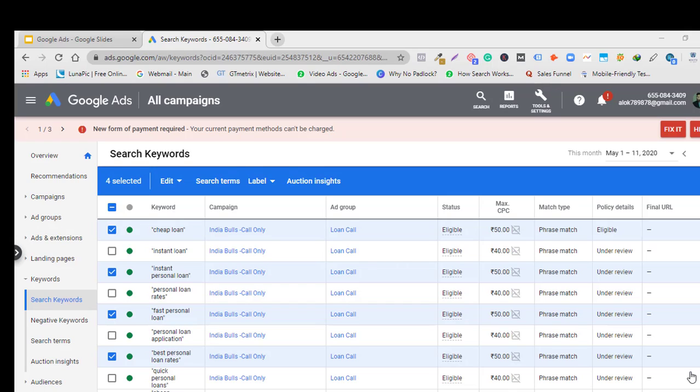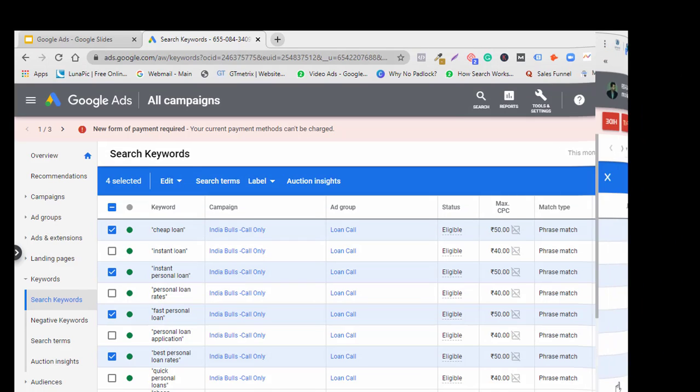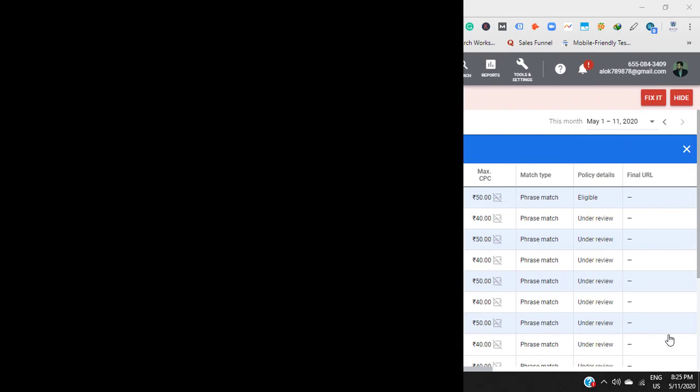However, later on it is best to migrate to an automated bidding strategy, because with manual CPC you are not making optimum use of Google's potential. Google has a lot of data coming in, and a lot of power through which it knows who is going to convert and who is not, who is in the market to buy a certain product, who would give a click, who would buy, and who would not. Google has a lot of data to determine this, and this artificial intelligence is what we also need to make use of.